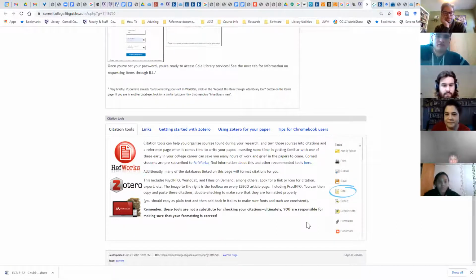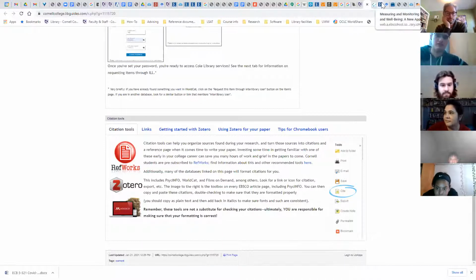So Zotero's a program that runs on your computer and also in your browser. It's a browser extension as well. Whenever you find an article or a web page, I even use it now just to save web pages, you can click the little button up in your web browser and it'll save it to your computer.